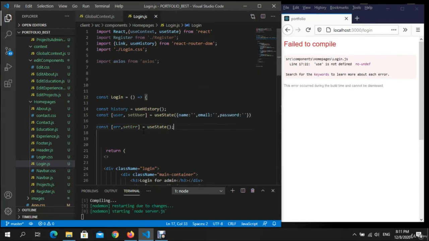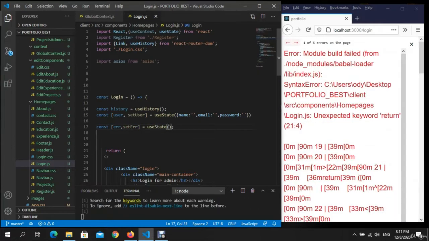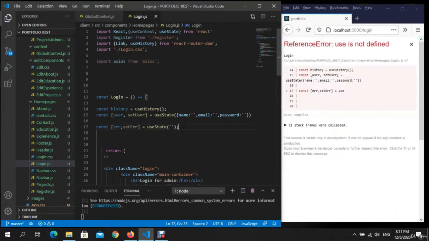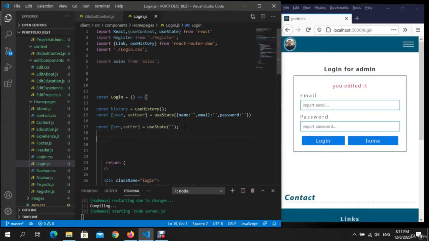Okay, we are gonna put an empty string. Then we need onChange, the onChange inputs. Right,